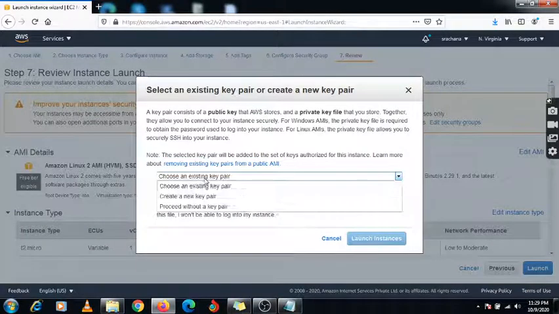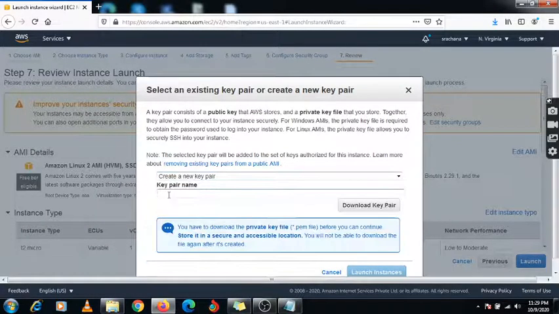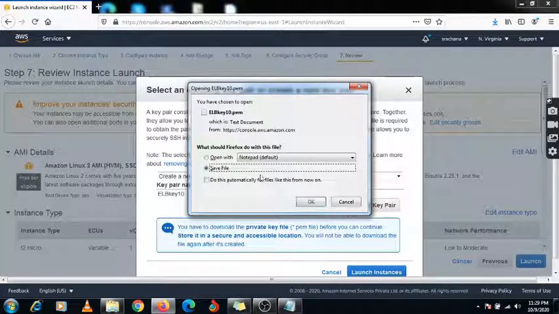I'm going to create one key with the name elastic load balancer key 10. Just download it, and the key is the same for all the instances.